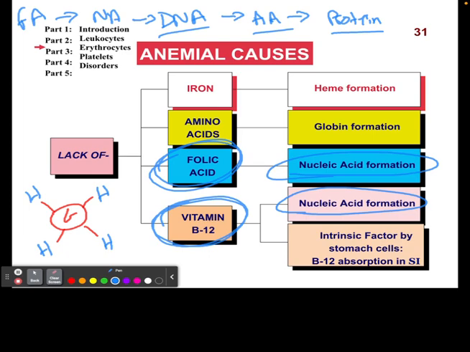B12 is also important on a different level because it's one of the factors required to help your stomach cells do the absorption in the small intestine. So B12 is very important. If you're not absorbing B12 well enough, you may not be able to create the hemoglobin component of the cell as well as you're supposed to, and therefore you're going to have issues with